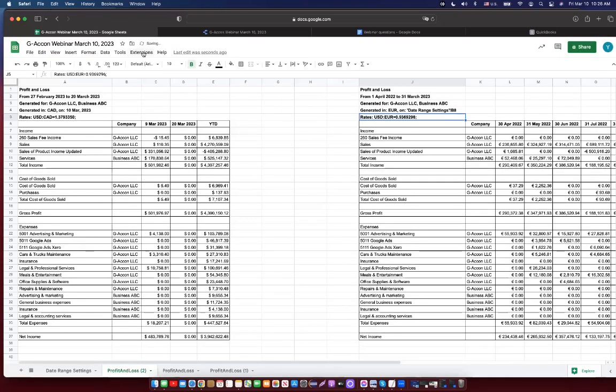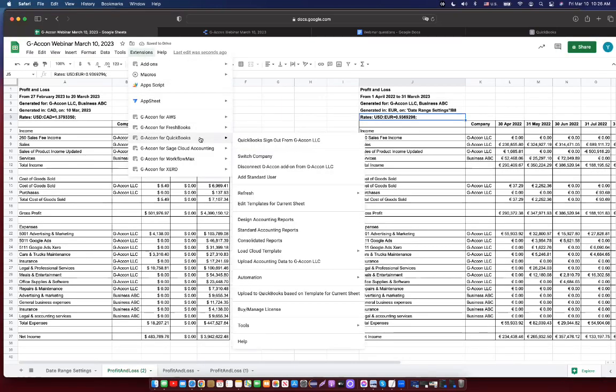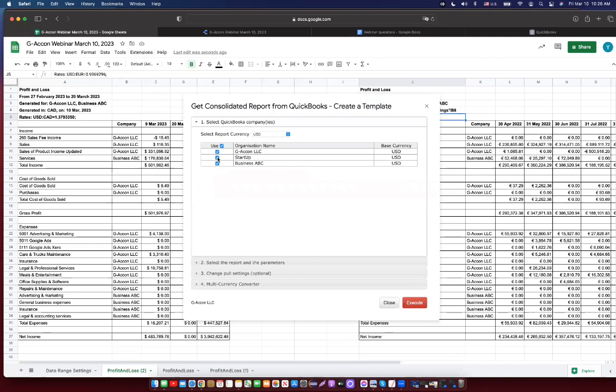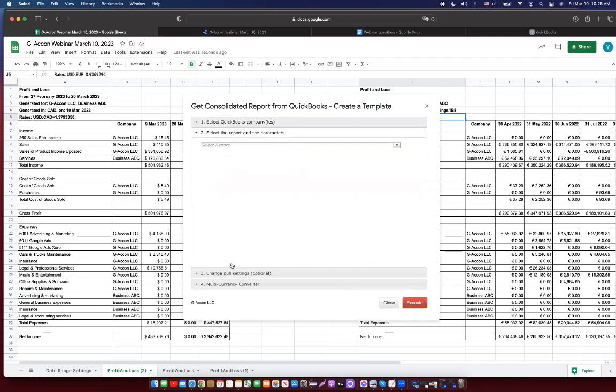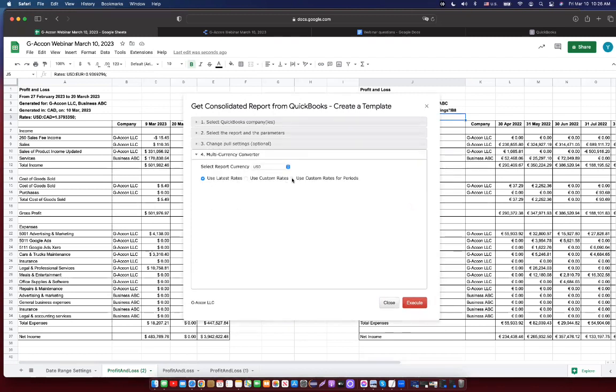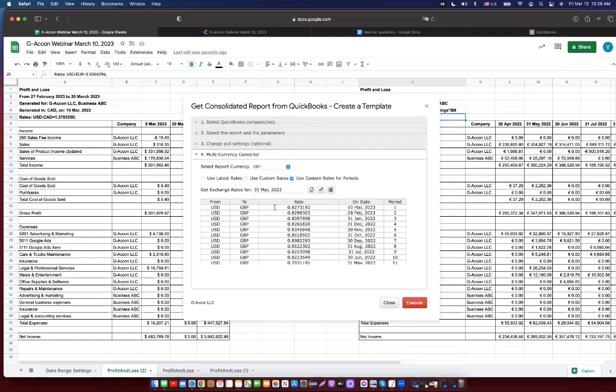It will take a couple of seconds. I'll go to G-Accon for QuickBooks, Consolidated Reports. And I want to generate this report on a new tab. I don't want you to see overlapping. So profit and loss here. These are our dynamic settings. I will create a new sheet. I will call it P&L case number 3. And I still want to convert it by custom rates period. I will select the same